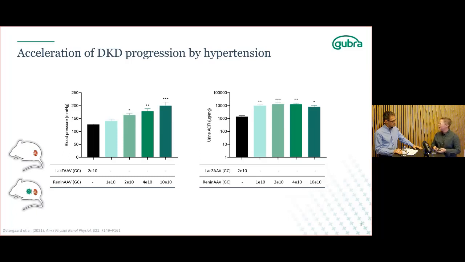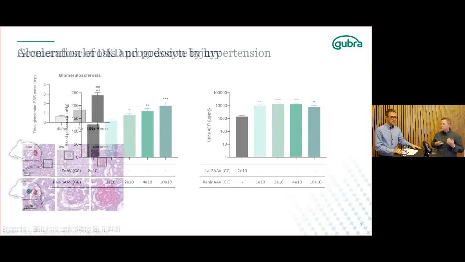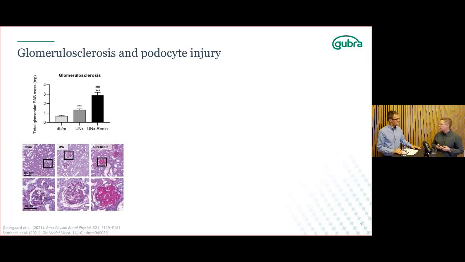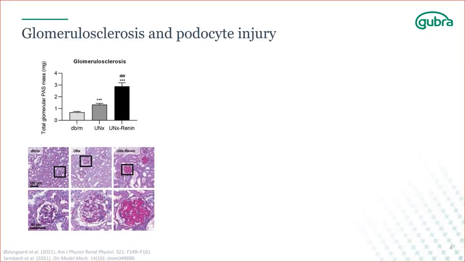I've seen nothing like it in other diabetic kidney disease models, and also we obviously wanted to look at kidney pathology. We have that option in these animals. So here's a small image from a paper we just published, where you can see the glomerulosclerosis in healthy mice, in DBDB uninephrectomized mice with normal blood pressure, and in the hypertensive uninephrectomized DBDB mice in the black bar. And as you can see here, we can quantify glomerulosclerosis, and it's really elevated or enhanced